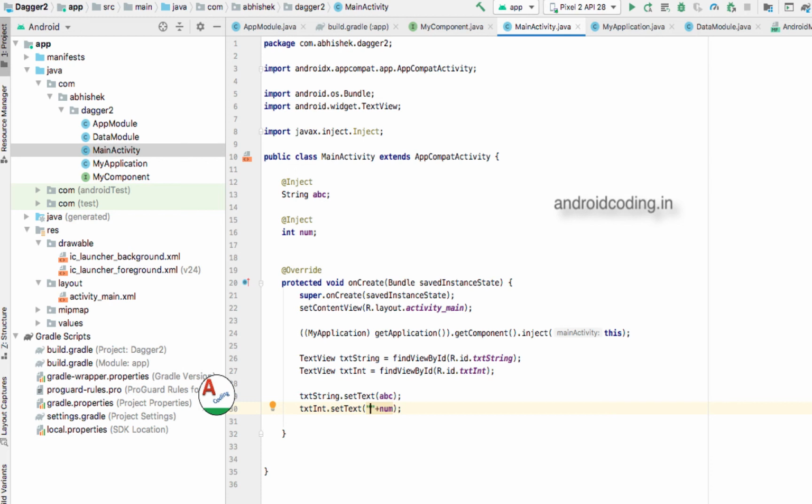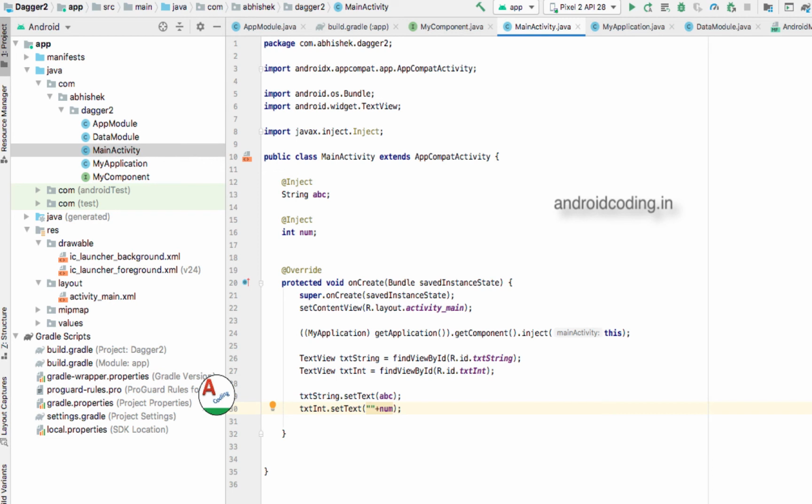In a real world example, we don't use these strings and integers for injecting. We basically use methods like API calling or whatever requirement you are having. So we use those libraries for injecting directly into our project. But here I don't want you to get confused and concentrate on those libraries or this Dagger. So I have chosen a very simple example to make you understand. So don't think that we use string and integer variables in real time. Just to make you understand I have done this.